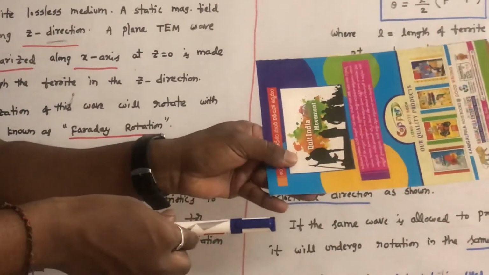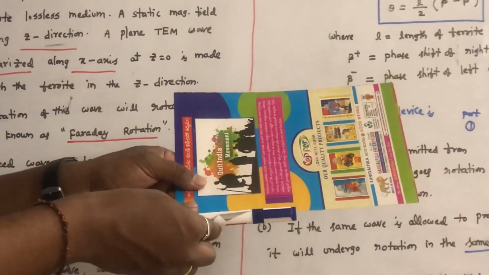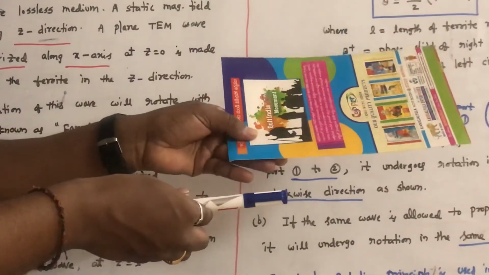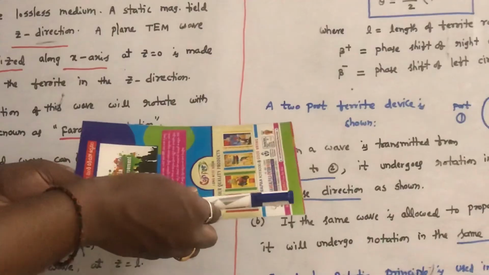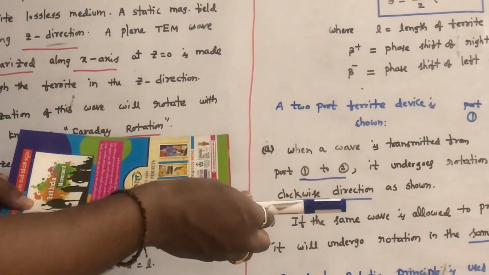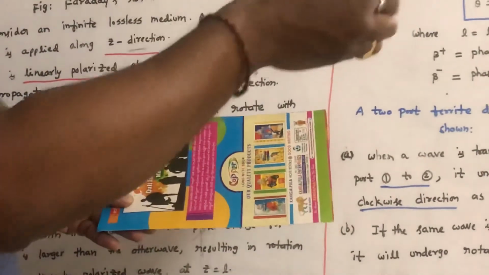So when the wave is propagated in the reverse direction through the ferrite material, that is when the wave is traveling from z equal to L to z equal to 0, the plane of polarization continues to rotate in the same direction, that is what this mentions. So therefore θ plus θ, when it reaches z equal to 0, the plane of polarization will make an angle 2θ with respect to vertical.